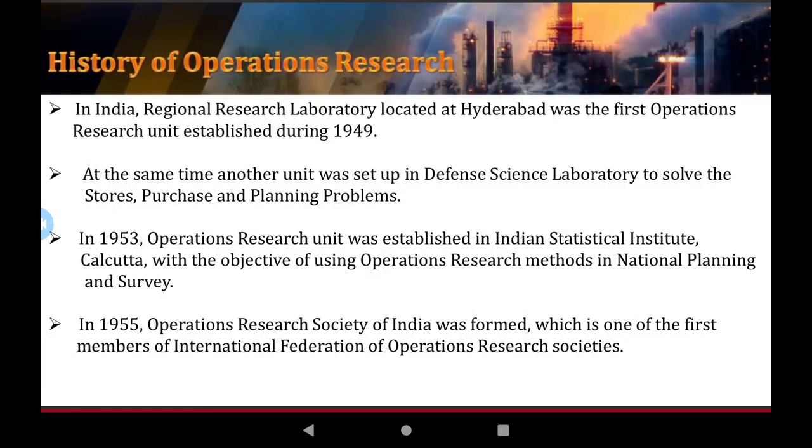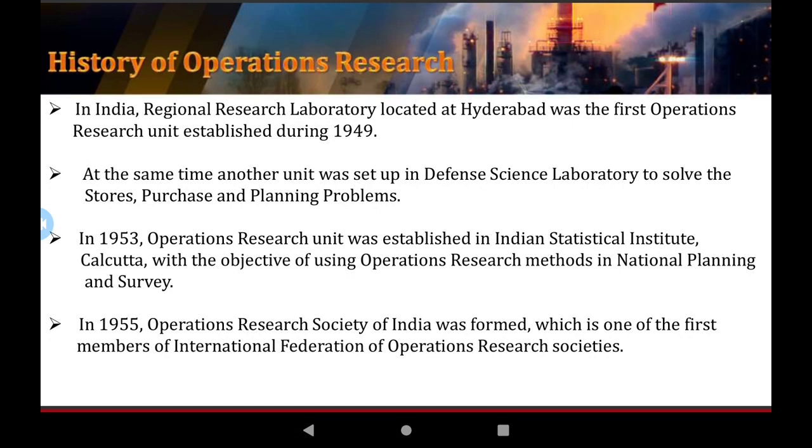1953, an Operation Research unit was established in the Indian Statistical Institute in Kolkata. Okay. The second Operation Research laboratory in India was established in Kolkata. Okay, इंडिया में कोलकाता में सेकेंड लाइब्रेरी बनाई गई in 1953 में. Okay,